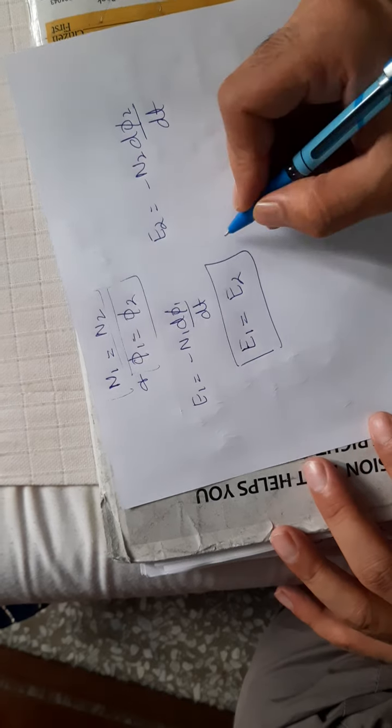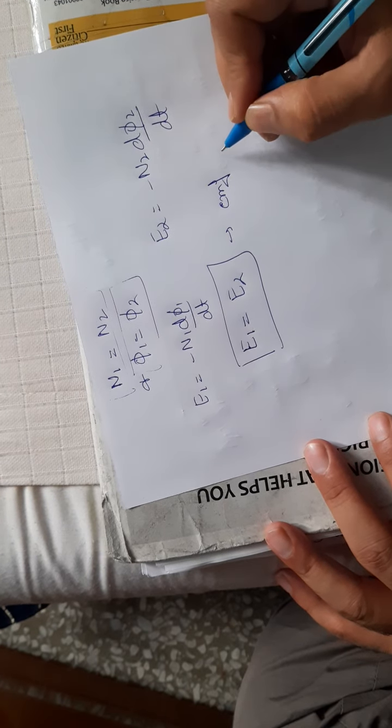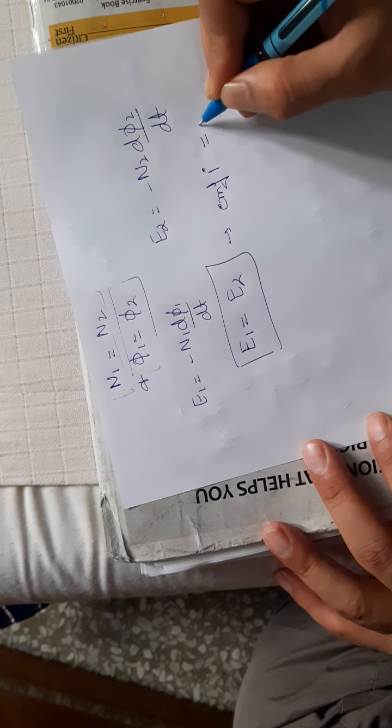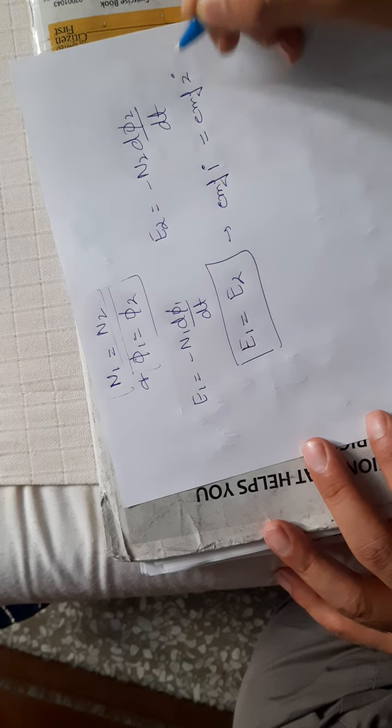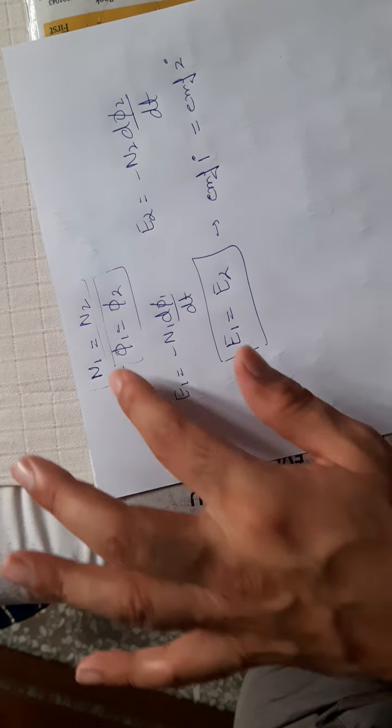E1 equal to E2 means that the EMF induced on the primary side will be equal to the EMF induced on the secondary side. However, we do not design the transformer for N1 equal to N2, because we want to step up or step down the voltage, or current. So we do not keep N1 equal to N2.